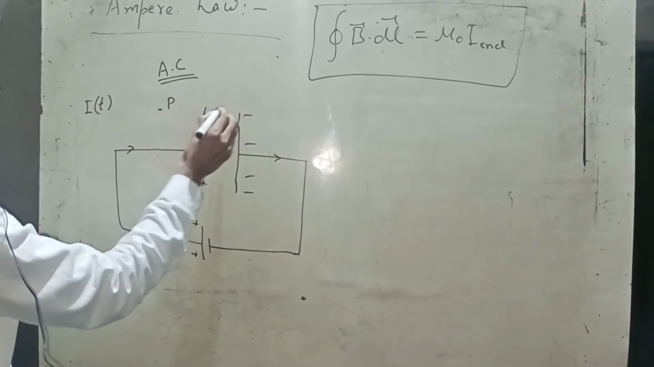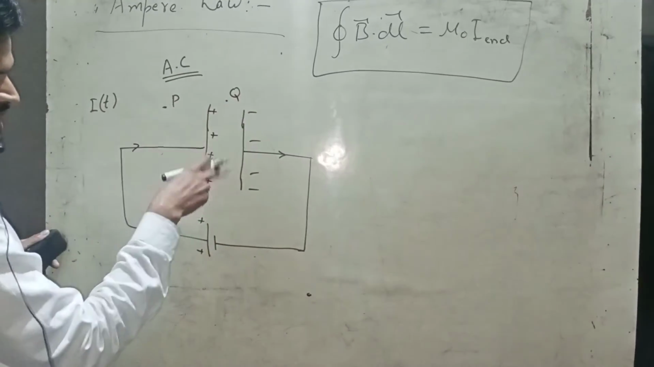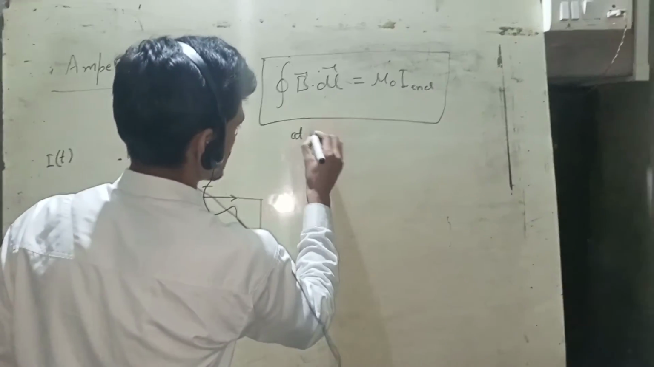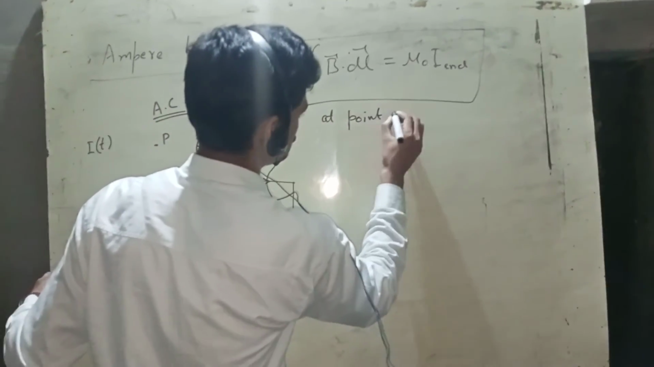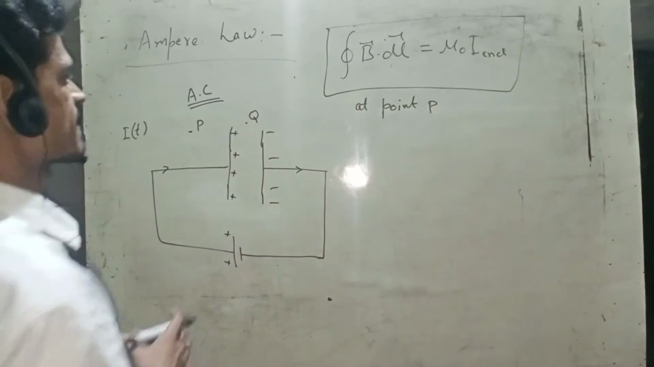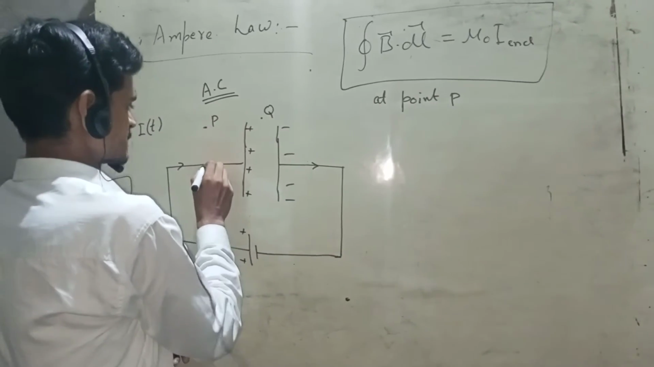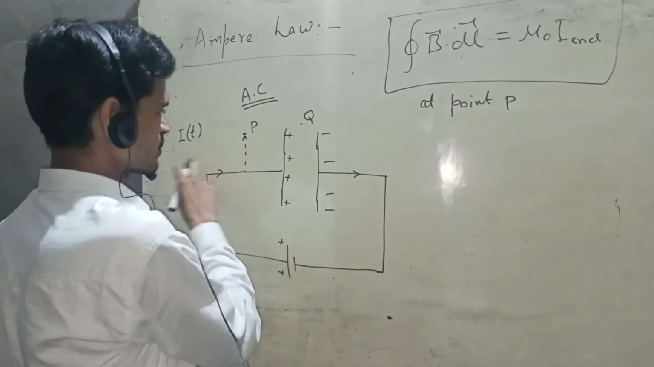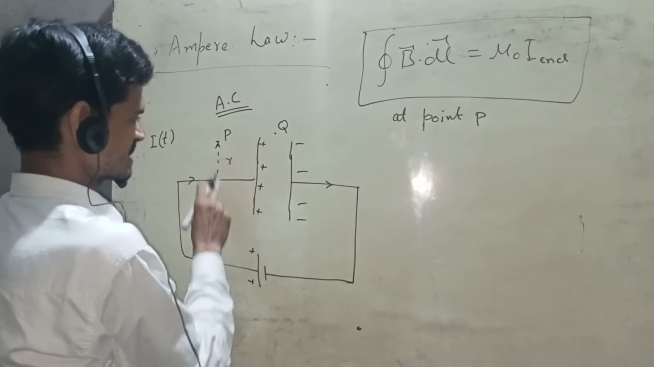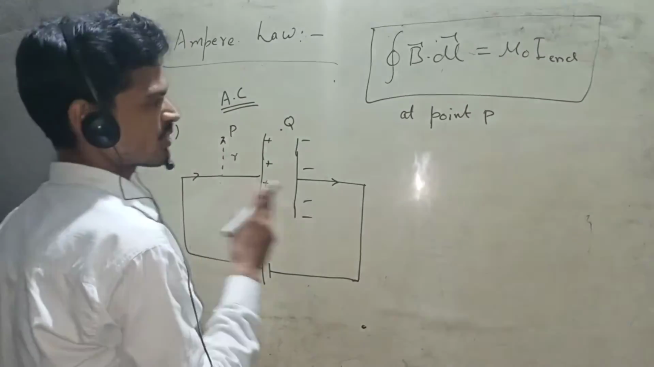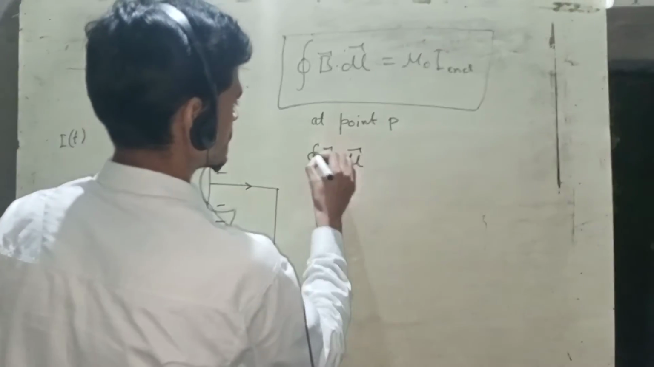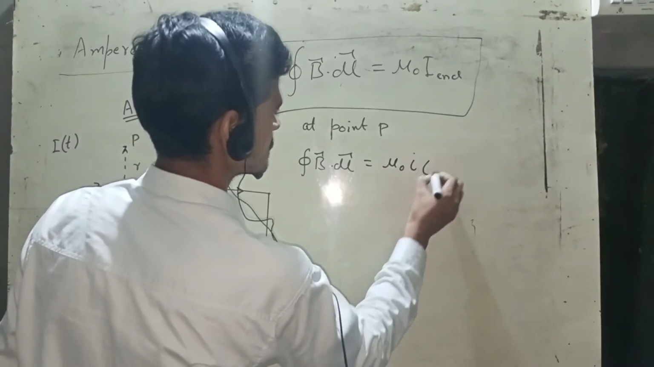Suppose this one is the point P and this one is the point Q inside this parallel plate capacitor. Suppose at point P, what happens with this law? Suppose current is flowing in this direction and you want to find the magnetic field at this point, at a perpendicular distance R. You can easily find it with this rule: B dot dl is mu 0 and I, where I